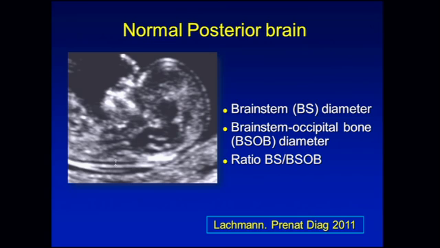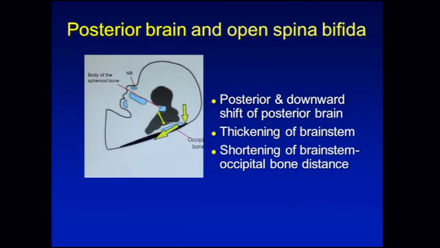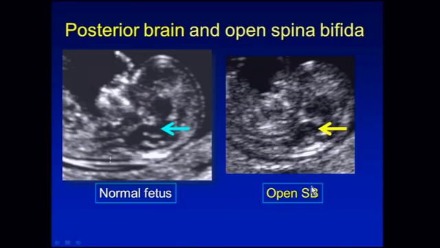In a normal fetus, we can also appreciate that the brainstem is shorter compared with the brainstem occipital bone distance. And there has been a study reporting the ratio of these two diameters. In fetuses with open spina bifida, there is posterior and downward shift of the posterior brain, and this results in thickening of the brainstem and shortening of the brainstem occipital bone distance. So compare this normal, thin brainstem in a normal fetus with the relatively thick brainstem in a fetus with